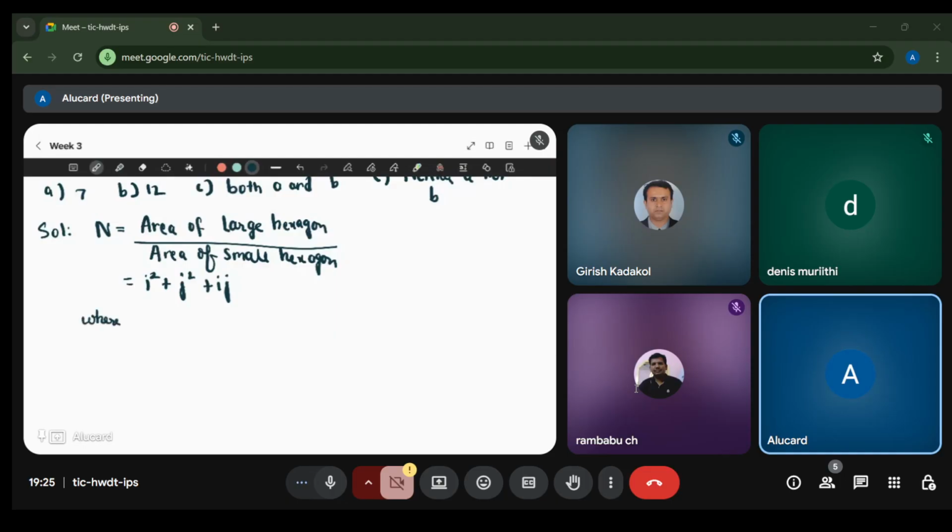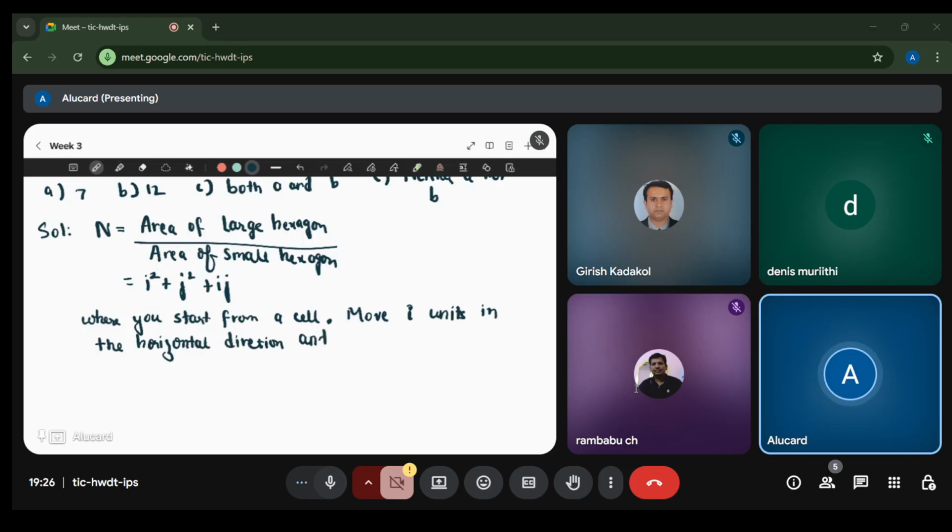Here you start from a cell, move i units in the horizontal direction and j units